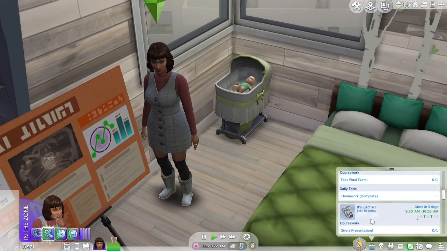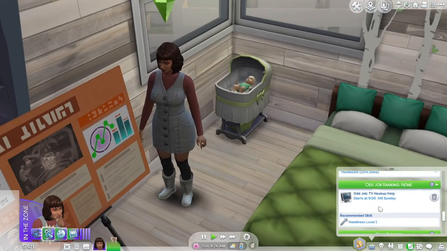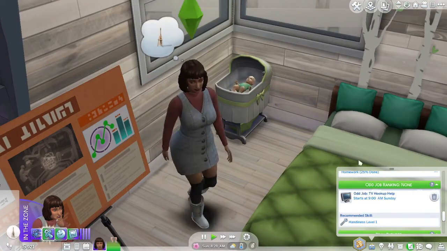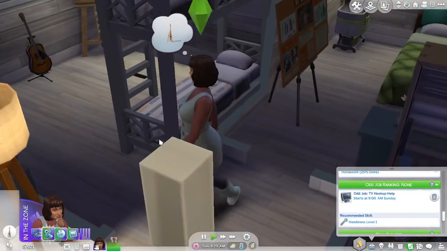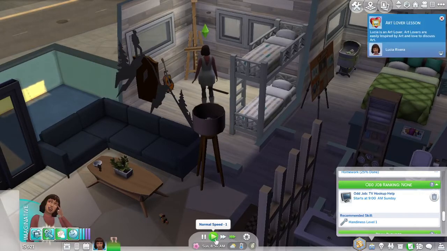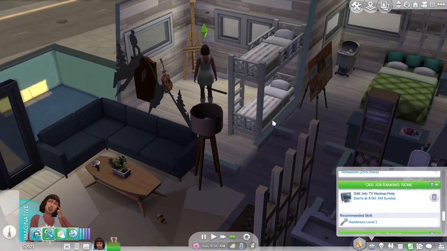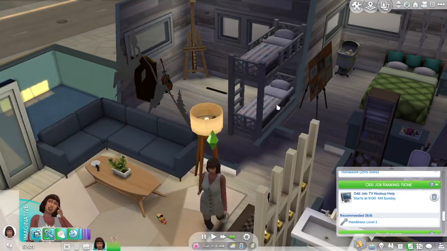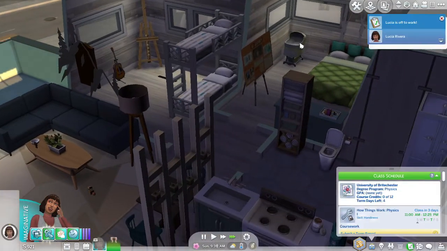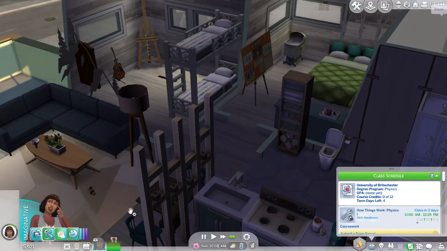So I'm rewatching this and voiceovering it this way, and I hope that it turns out okay, because honestly I completely forgot what even happened in this episode. But yeah, I just got her an odd job because she's ridiculously poor, and for some reason the roommate option isn't really working well. So I'm having to get odd jobs and stuff just to afford to live, because I have a feeling